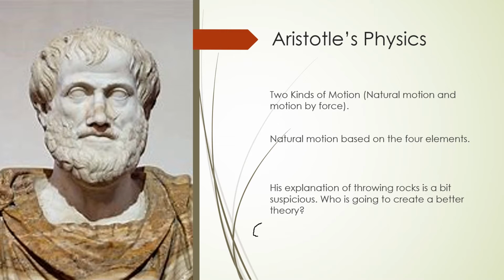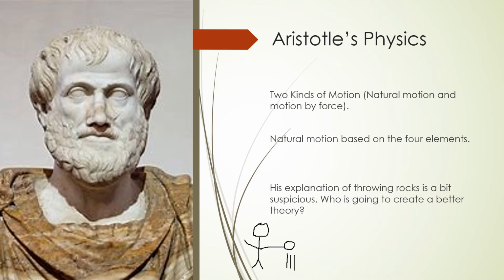So we'll have our little guy. Here's Aristotle. It's a very lifelike picture of him. And he's holding out a rock. Give him another arm. He can have 2 arms. And he drops the rock. And he says, here's what happened. Whenever I let go, the rock is returning to its natural place, which is towards the earth. It's made of earth, so that's where it belongs. It's on the earth, right? So he says that's what's happening, okay?